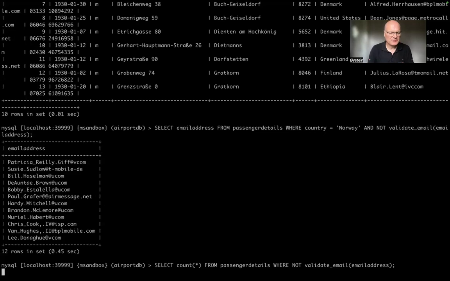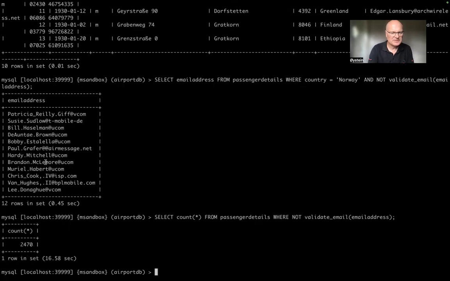Since the table is big, that will take a bit of time, but while we are waiting for that, we can look a bit at the invalid email addresses we got from the previous query. We see that some of them are lacking the last part. There's only one part after the @ sign, and there are others that have 2 @ signs, and so on. So it took 16 seconds to execute the entire query and see that there are 2,470 invalid email